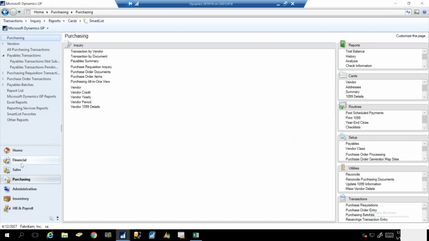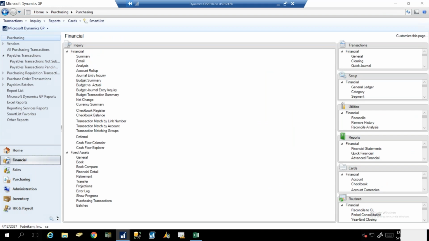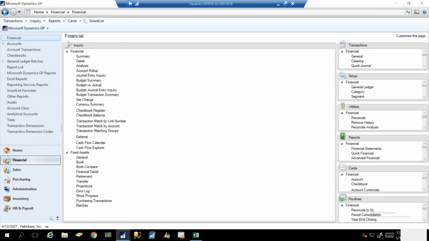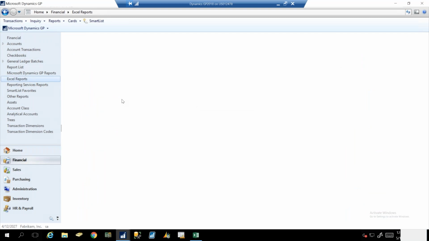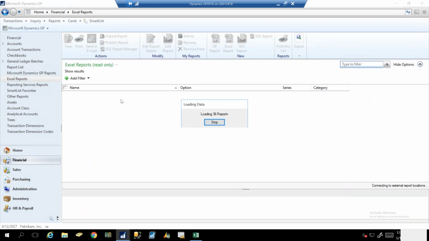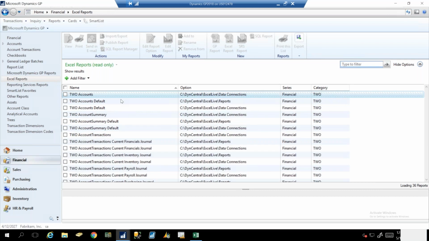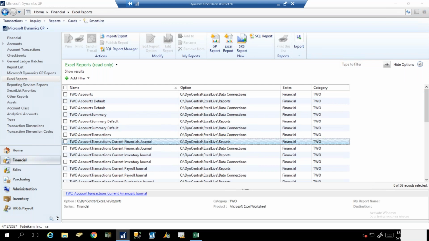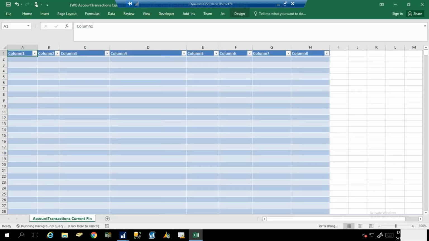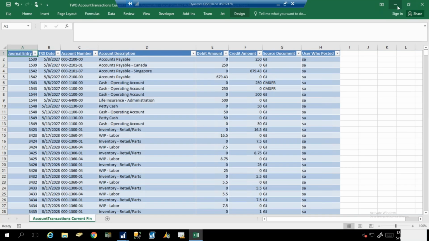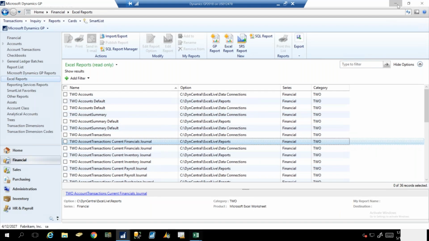Go back into Dynamics GP. Just as an example, I'll show you first how you access them if you are a GP user, and then how you can deploy those types of reports for your non-GP users. So over here on my navigation pane, I have something called Excel reports. I'll go ahead and click on that. And you can see here's all the various reports. If I double click on that, I'll pull up my Excel refreshable data. If I minimize this screen, and just as an example,